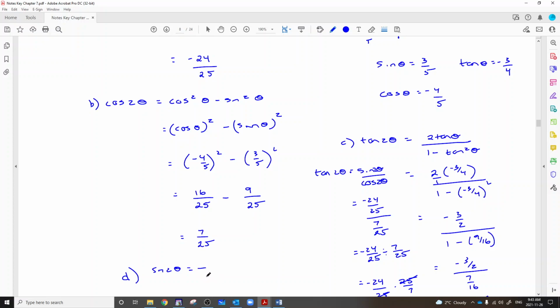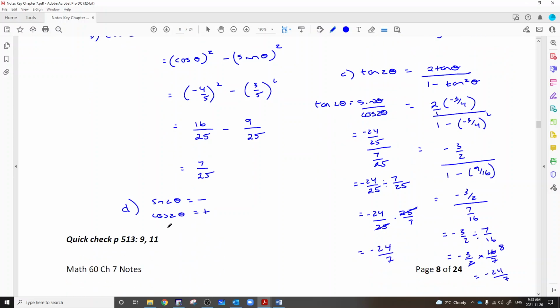We don't care what it was. We found that the cos of 2 theta was positive, and we found that the tan of 2 theta was also negative. In other words, if we look at the CAST rule, the only quadrant where cosine is the only thing positive is